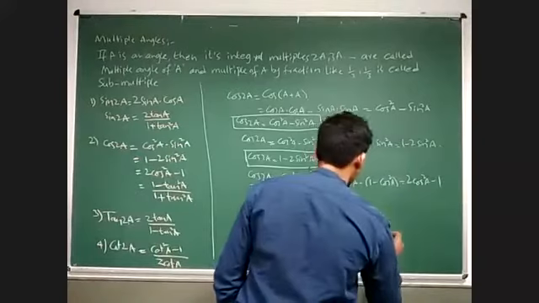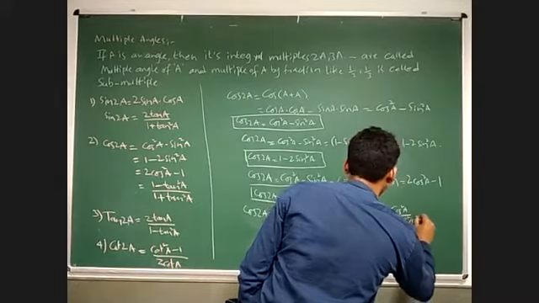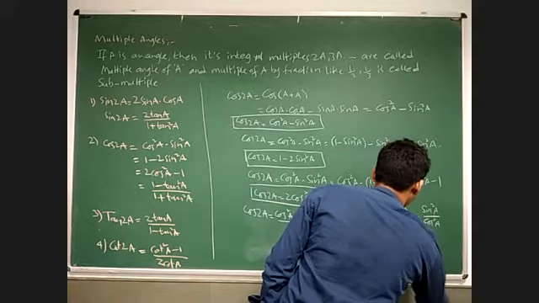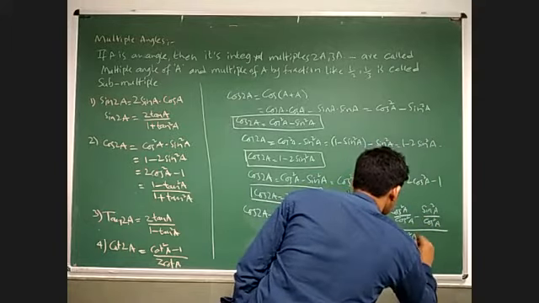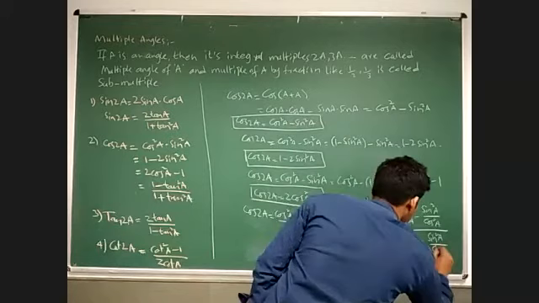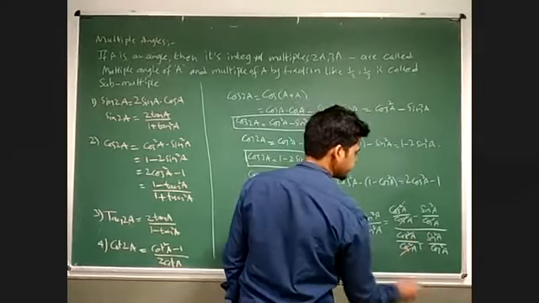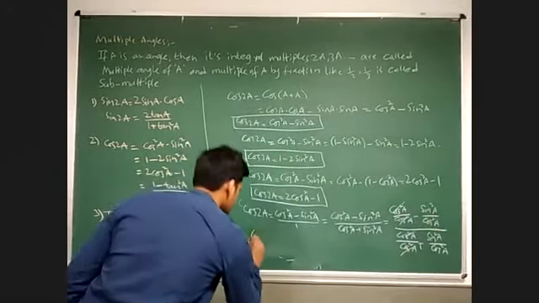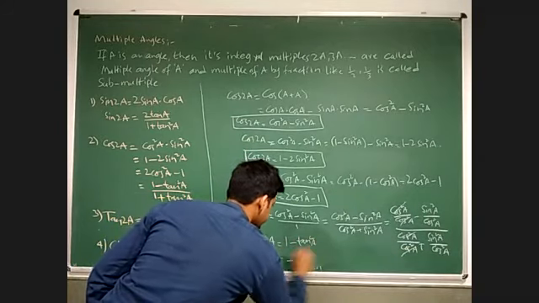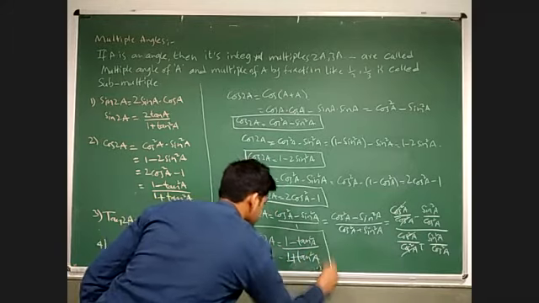After dividing by cos square A, you will get cos square A by cos square A minus sin square A by cos square A, again cos square A by cos square A plus sin square A by cos square A. So here cos square will get cancelled, sin by cos will be tan, so cos 2A is equal to 1 minus tan square A over 1 plus tan square A. Okay, so here this is our last formula.